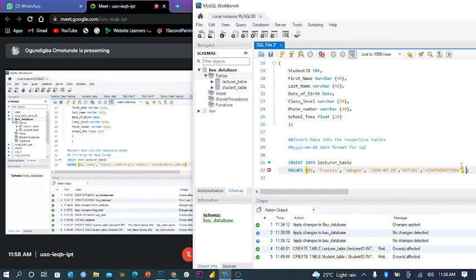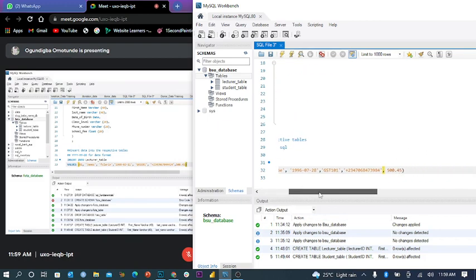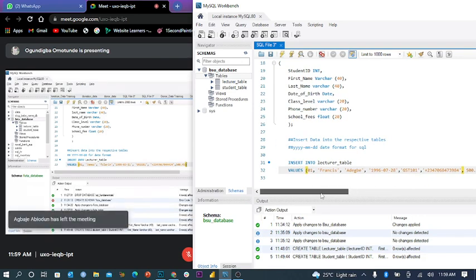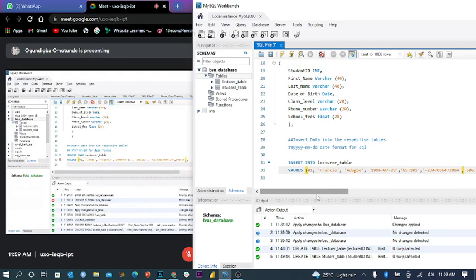But the vice chancellor said he's not having just one lecturer in the university. He has about two to three. So now we want to create for the three of them together. So instead of doing this and inserting again, you can just put comma here and continue, and put your bracket again and continue.